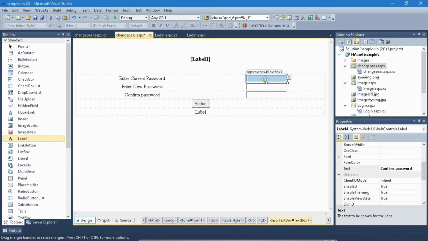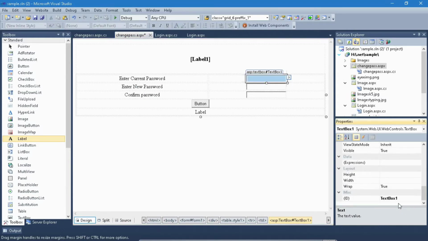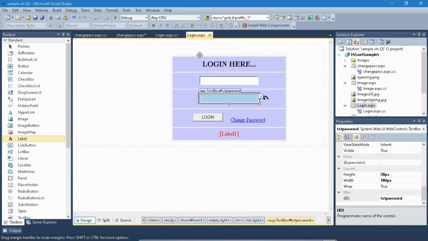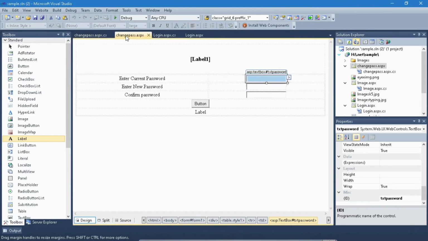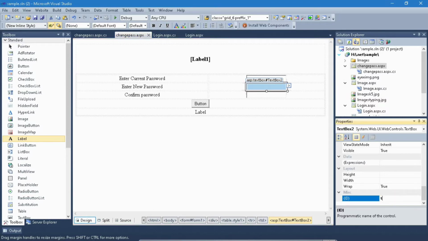So now we will change the text box ID first as txtpassword. This must be the same as in the login form for the text box of password. Next, txtnpassword, that is for the new password which we will enter, and txtcpassword, that is